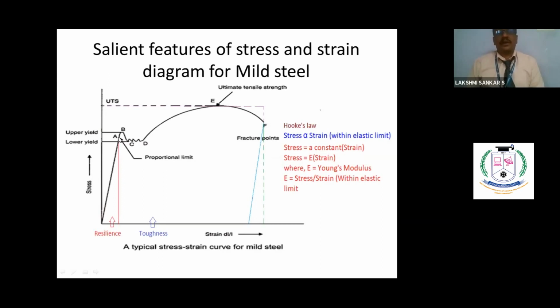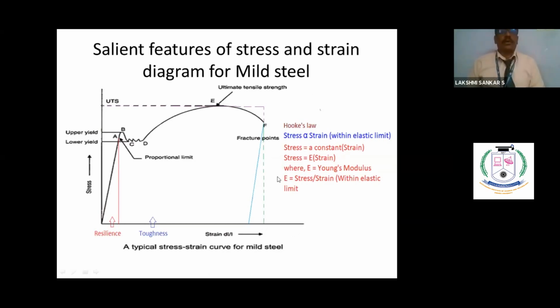Beyond that, what happens? That linearity is affected from A to B. From B to C also linearity is not there. Some mismatches are noticed from C to D, and thereafter, as stress increases, strain value also keeps increasing. And here it reaches ultimate tensile stress. The corresponding stress value is called ultimate tensile stress at this point, and the corresponding strain is noticed there. And the engineering curve will be coming down like this. Actual loading curve will further move like this. But this is what the thing is now.